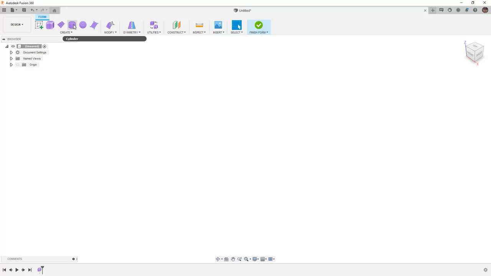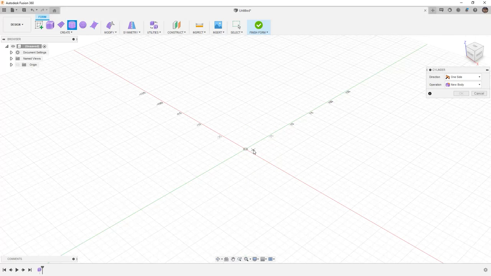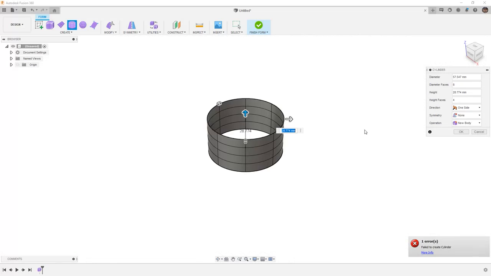We want to create a cylinder form. By selecting cylinder, we first need to select a plane, and then we need to draw a circle. In this case, I'm going to use 75 millimeters. Instead of placing that 75 millimeters with the Enter, I'm going to hit Tab, and then move into my cylinder